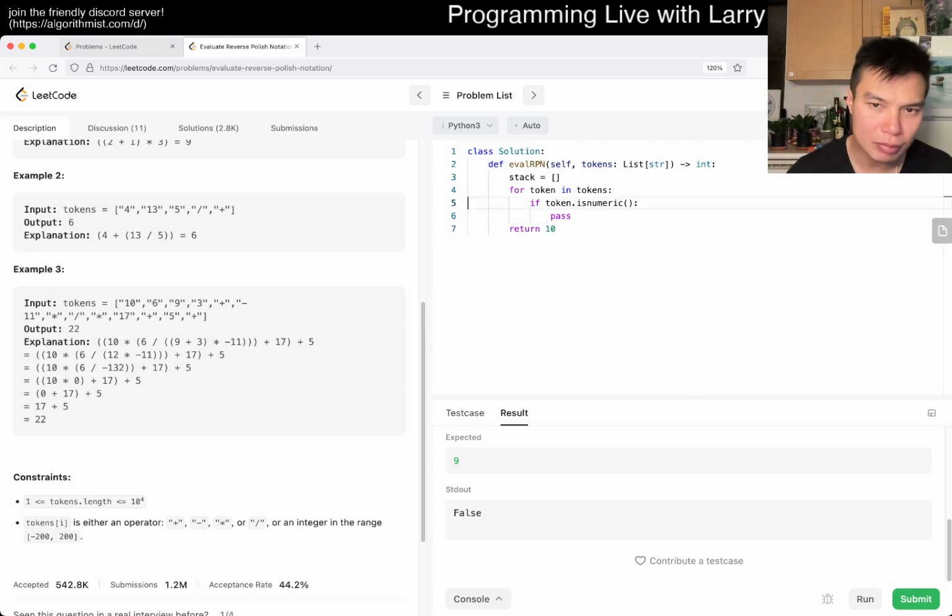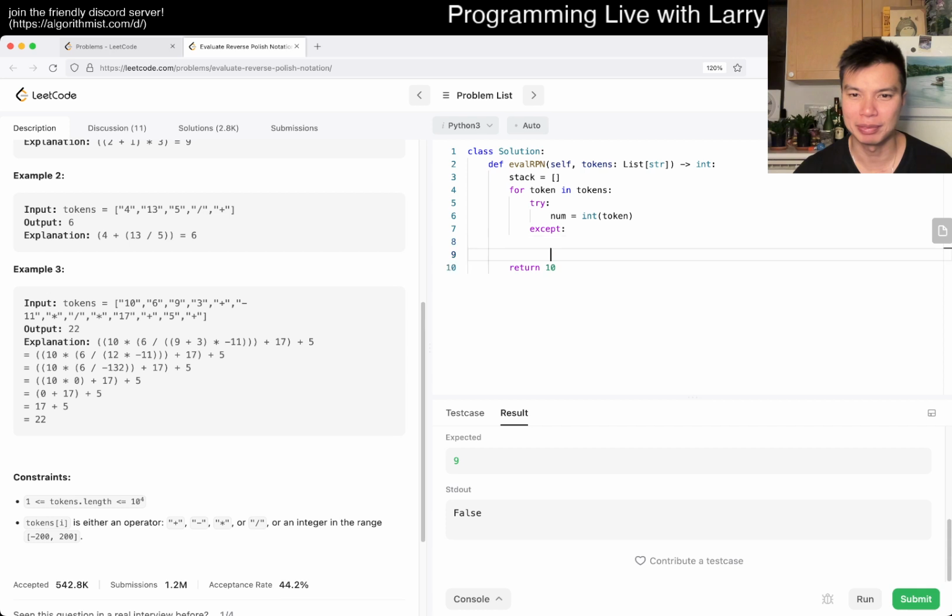I think in general you want to use the library as much as you can. So maybe we can just do something like this and then try, right? So try num equals int of the token. You catch, or except, sorry, wrong language. That means that there's an exception. You should probably be more specific about the exception, but for now, if this is not a number, then we do